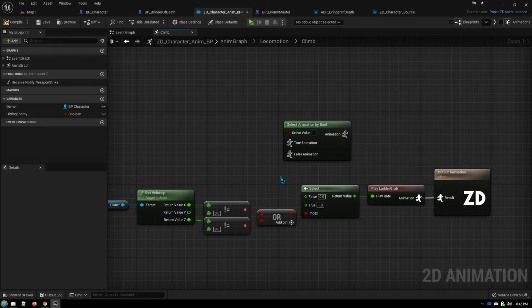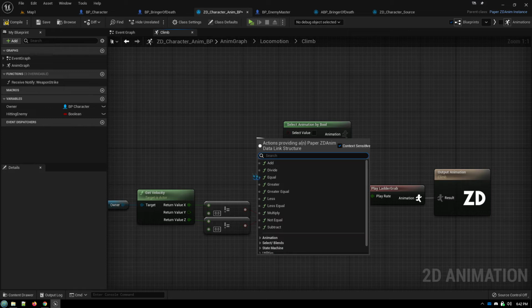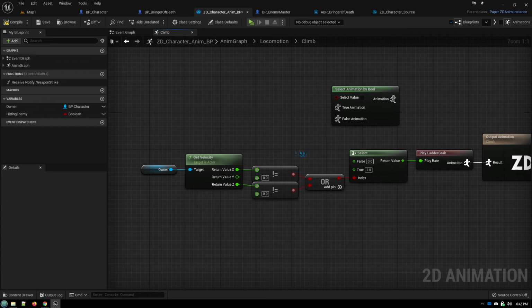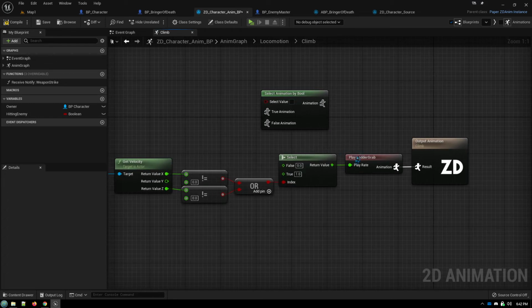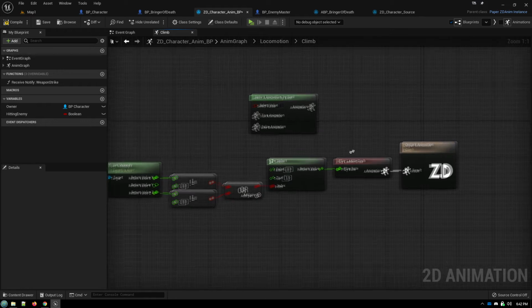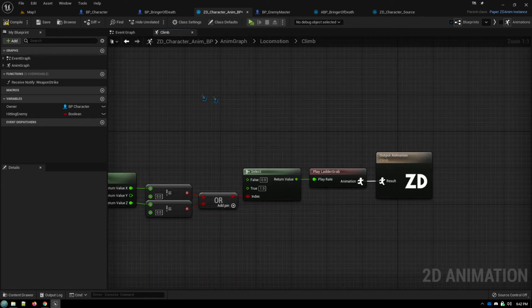is that that actually resets the animation. So you get this glitching where the animation resets back to the first frame. Because in this case, you are changing animations from this animation to this animation, even though they are the same animation. But the system doesn't know that. Each of these plugins is considered a separate animation. Whereas by using this select node, using a single animation and simply altering its play rate, it works smoothly